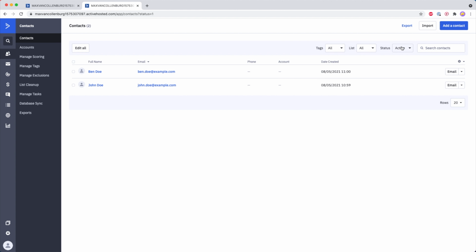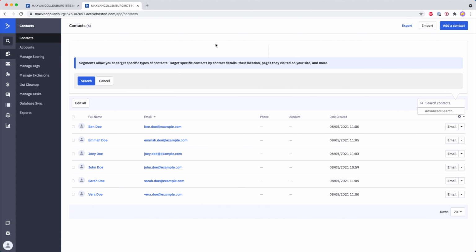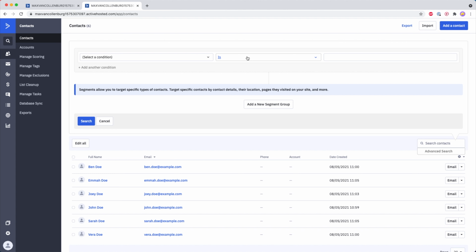But what you can also do, and what I think is really handy, what I use myself quite often, is go over here to search contacts and then click advanced search. Then you can create a condition like you would also do inside an automation.